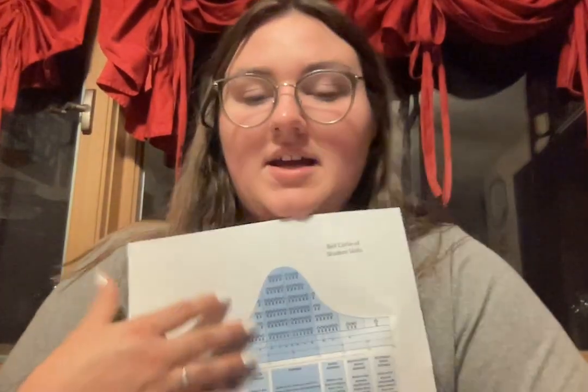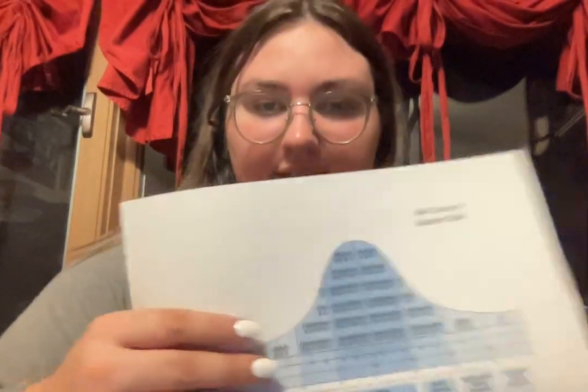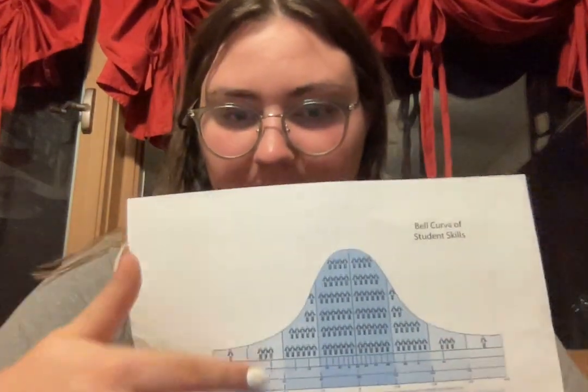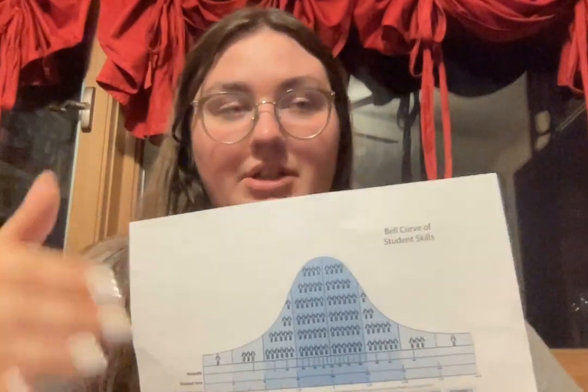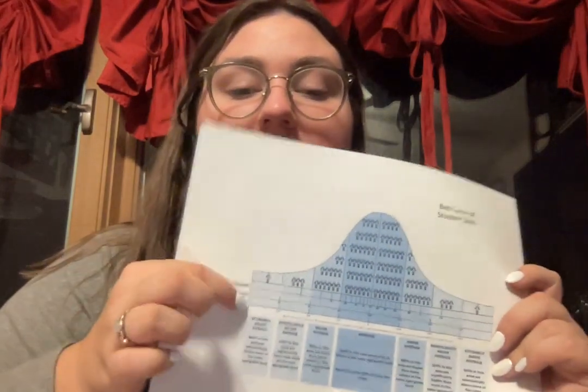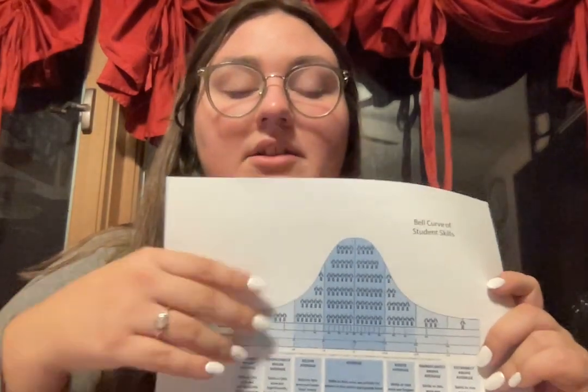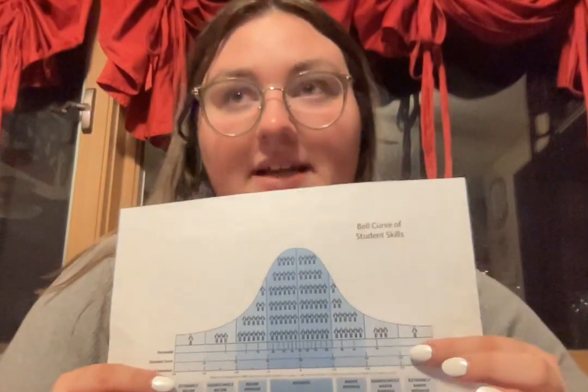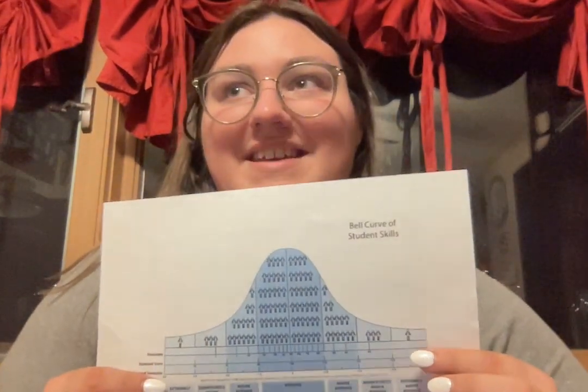And then going backwards, you can see there's less kids in here, which means that there's going to be less children on average that we have gathered that are going to need more support in this area, and the support intensifies as we get lower. The same thing can be said for this,